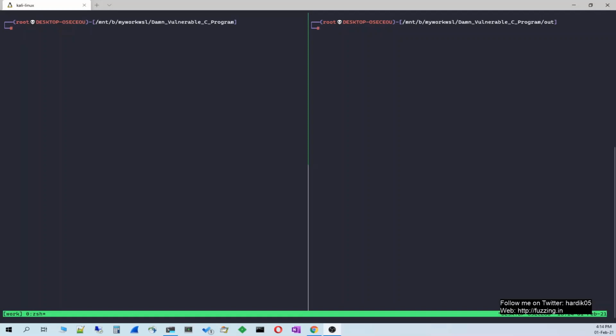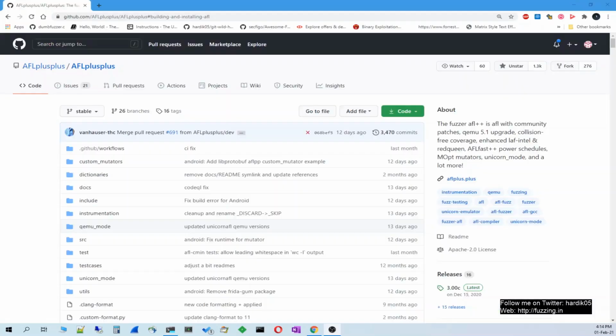So in this video, we are going to talk about what AFL++ is, how we compile it, how we install it, and then we will see how we fuzz our simple damn vulnerable C program using AFL++. So the first thing you need to do is git clone the AFL++ repo,